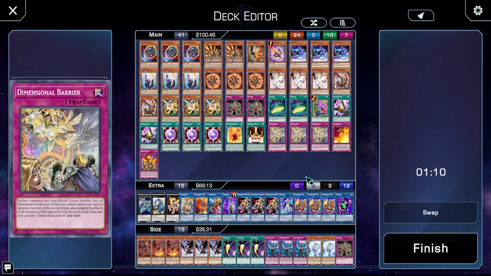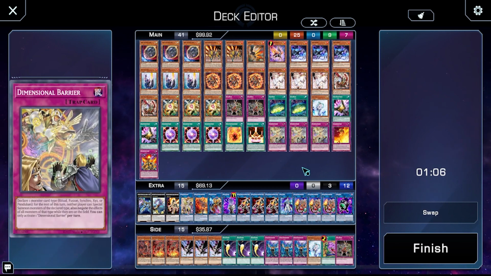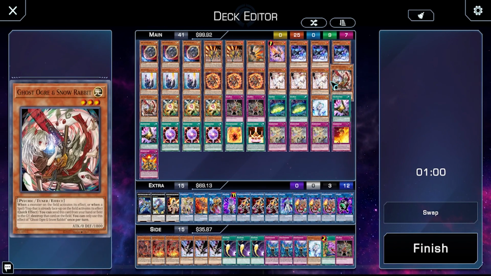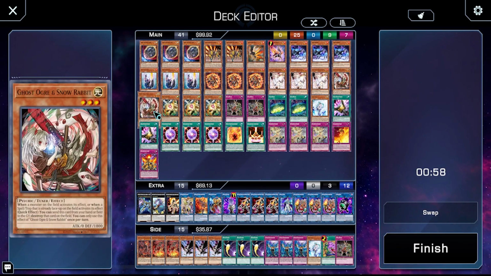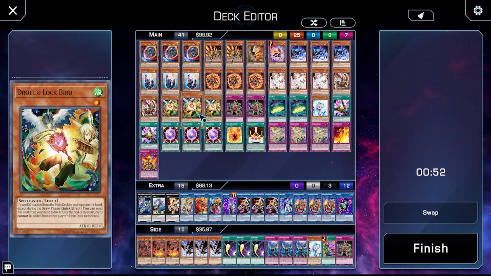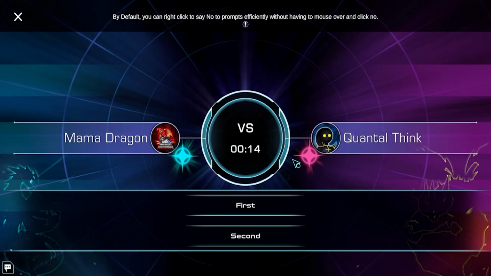Nice. I'm trying to think, is there a point taking out this? Let's take out that Pot of Desires, put in at least an Effect Veiler. See how well that works? We want the Nibirus, I want the Ashes, and I want these Ghost Ogres, and I want these Drolls because he does a lot of... Does he do a lot of searching? I mean, he does some searching. If he doesn't have the pieces, he's kind of...